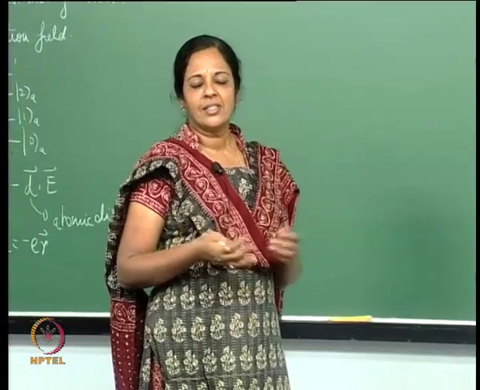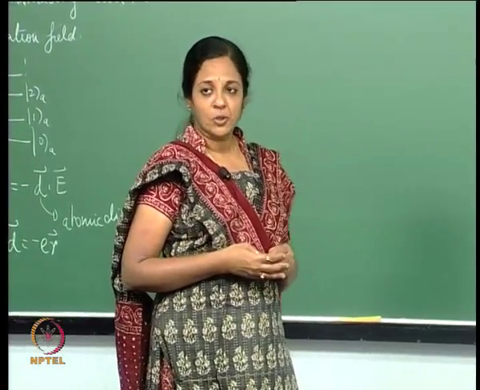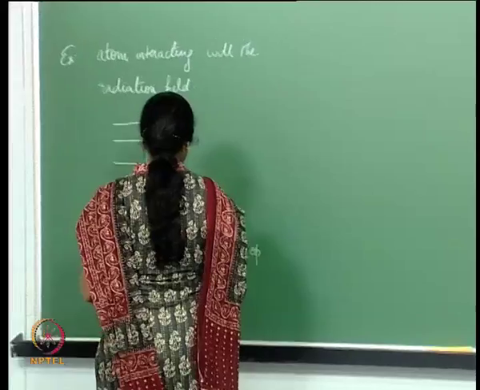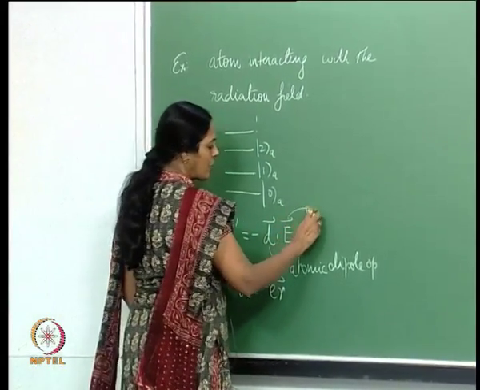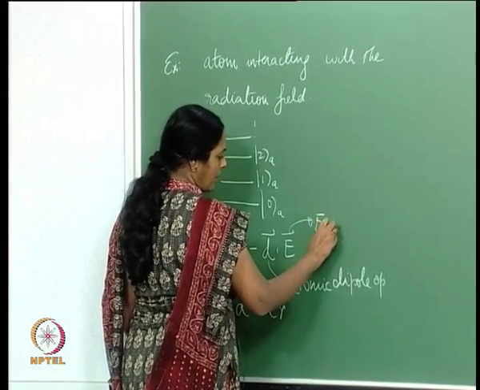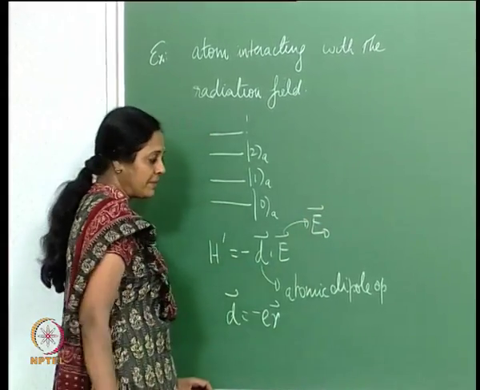So, the electric field is taken to be independent of space. It is a constant field. The vector sign is because there is a polarization vector E naught